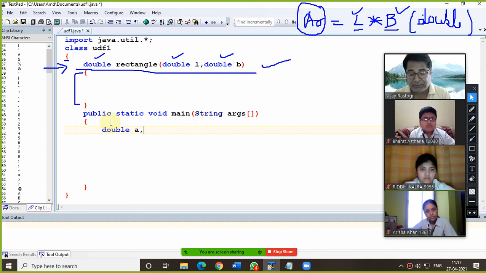So we are using A, B and C. Everybody please pay attention, this is important. How will you define how many variables we are supposed to declare in the public static void main method? See, this main method itself is a method which we are supposed to create for invoking the UDF part.